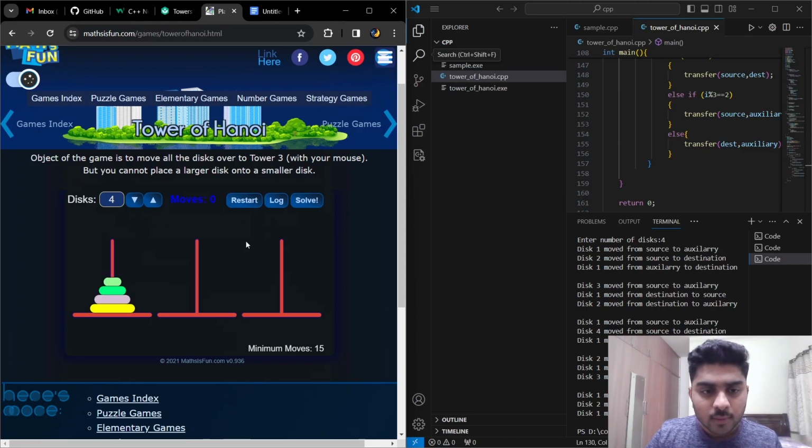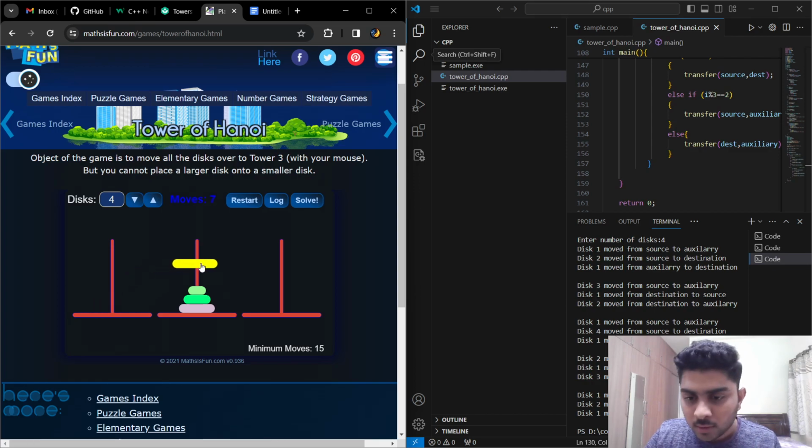So it tells us to move one from destination to auxiliary, two from here to here, this one from here to here, this one here, one from there to auxiliary, this four to destination, and then one from auxiliary to destination,